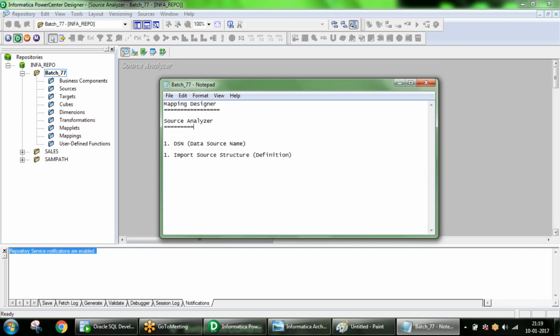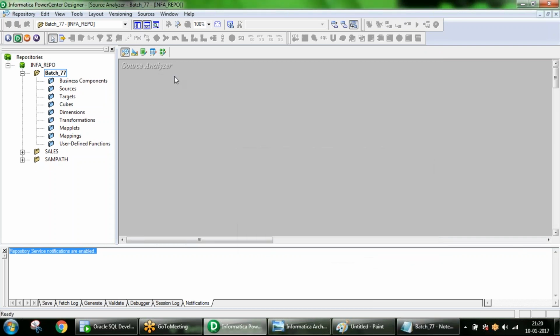So in the source analyzer, in the mapping designer, the first step is we are going to create a DSN. The purpose of creating a DSN is to import source definition. Now here, if you see, if I click on source analyzer, we are